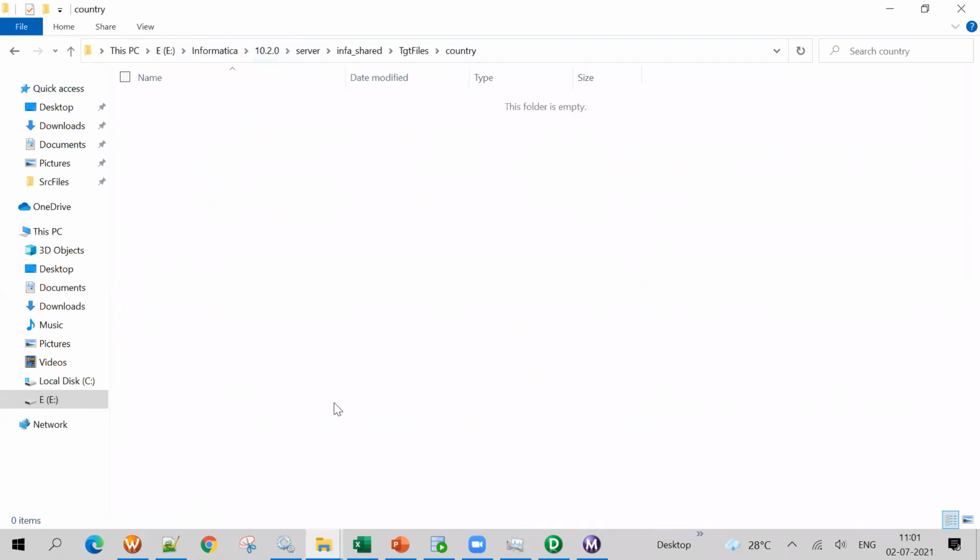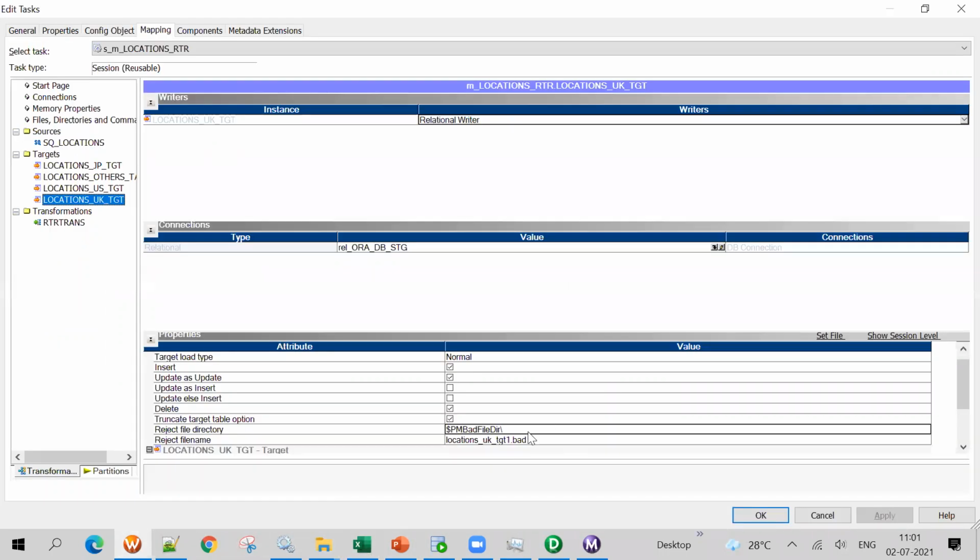I should go to country. One thing you can do is copy this and go to the session, like the E drive path. Anyway, until here we have until target files. You just give the country here, the folder name.